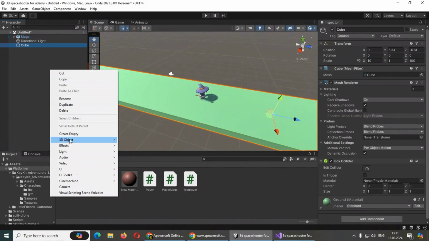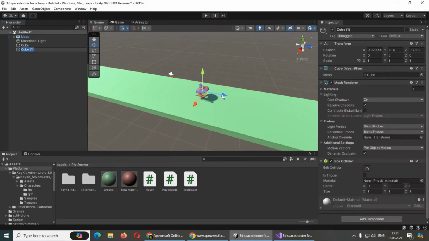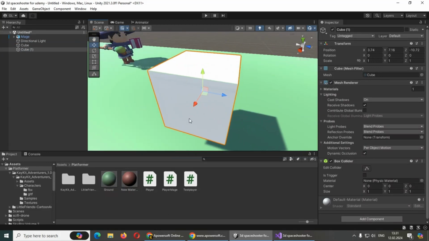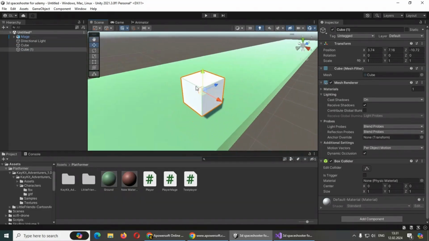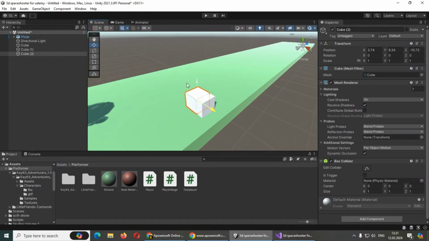You can use some 3D object cubes just to represent your obstacles, and to have a more dynamic look and see how you are doing. By the way, you can duplicate those obstacles, and to duplicate you can select any of them and hit Ctrl and D. Just very basic obstacles,